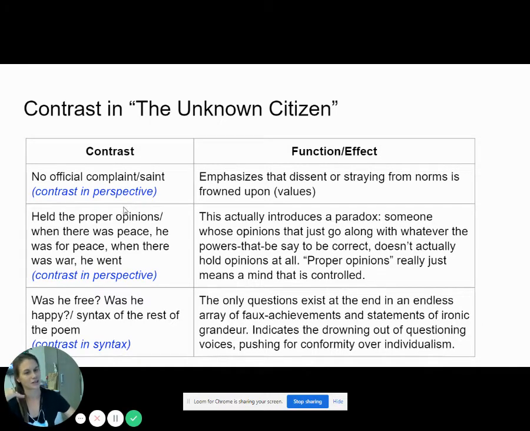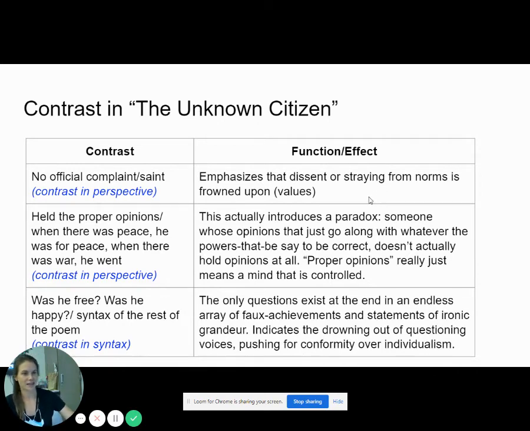So there's an obvious contrast between what the audience or the reader would expect, and probably what the poet expects, and what the speaker of this poem actually indicates. What this emphasizes is that a saint would be somebody who does a lot more than not get complained about. So there's a contrast in what we understand a saint being there. And so the function or the effect of this is that it emphasizes that dissent or straying from norms is ultimately frowned upon. So what makes you saintly in this world, whatever this is,